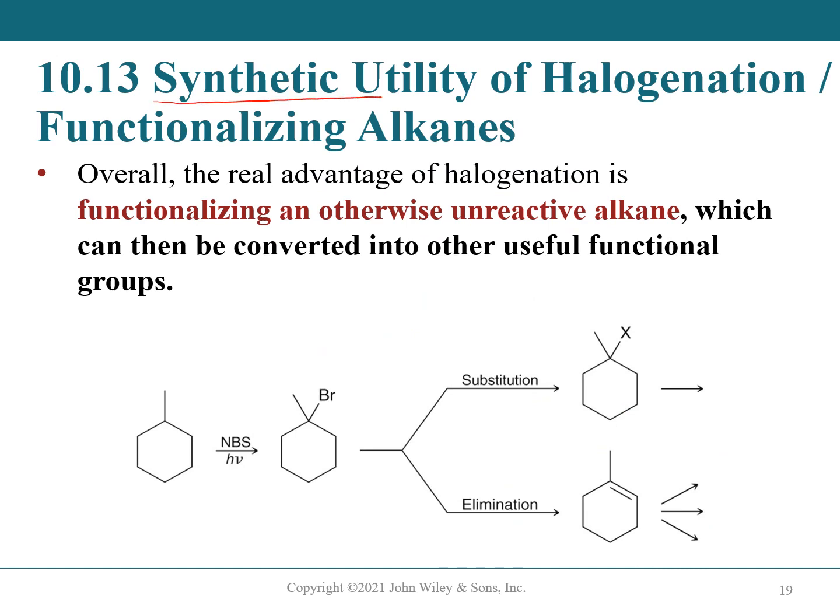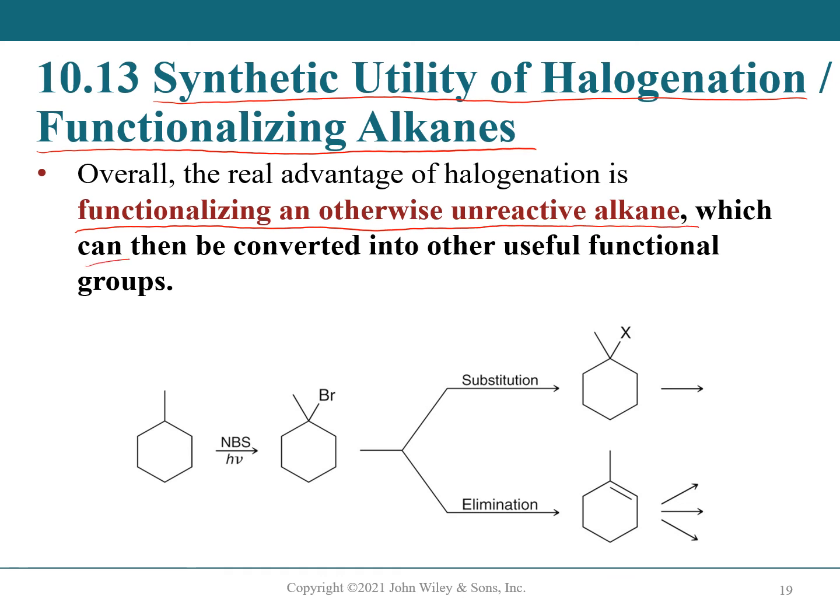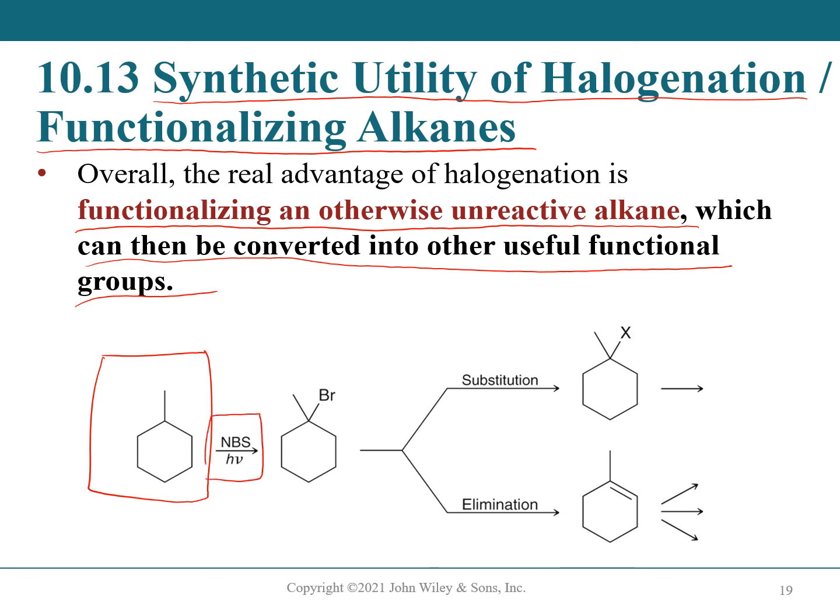So if we look at the synthetic utility of this halogenation reaction, we want to functionalize alkanes. The key here is we start with an alkane, we can functionalize an otherwise unreactive alkane, which can then be converted into other useful functional groups. This is the key, right? We have methylcyclohexane. There's nothing much we can do with methylcyclohexane other than use it as a solvent for cleaning materials or burning it as kind of a petroleum-type fuel. But react it with NBS, and we can react exclusively, or nearly exclusively, at the tertiary center,